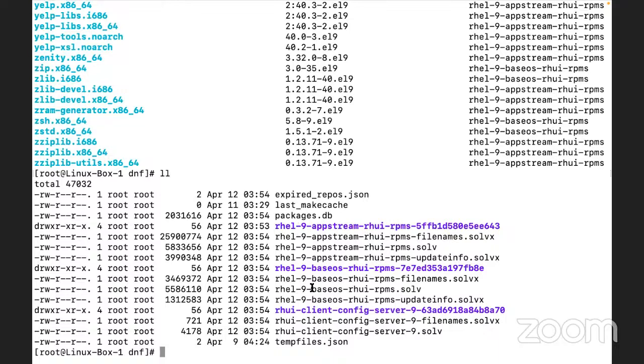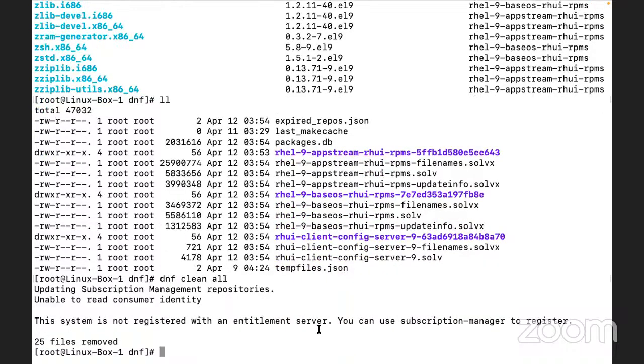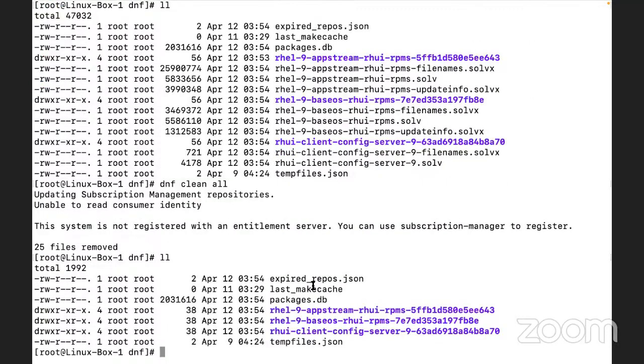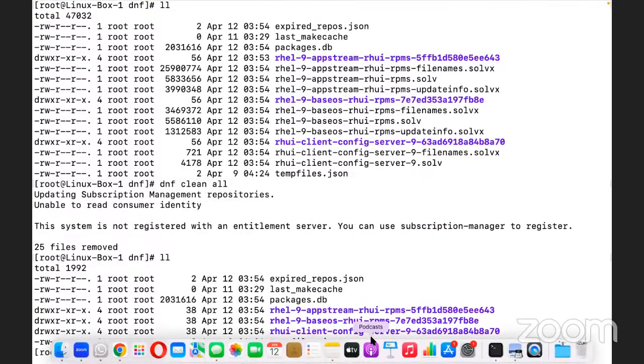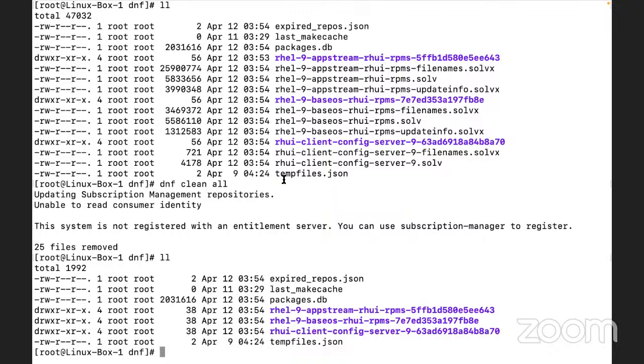Okay, if you see some other files are added here, right? Yes. The number of files is less now, yeah, after cleaning it. These are volatile data. These are dynamic data basically.